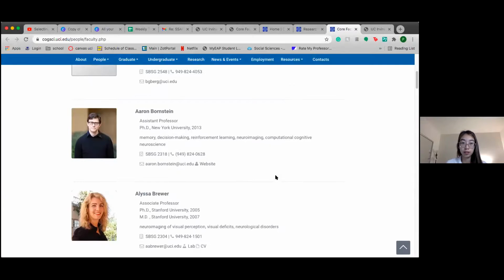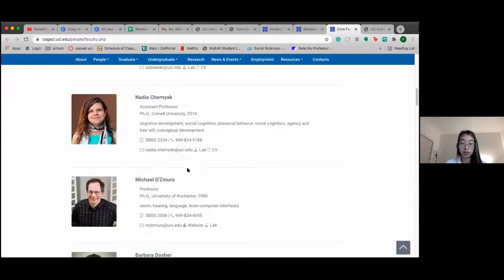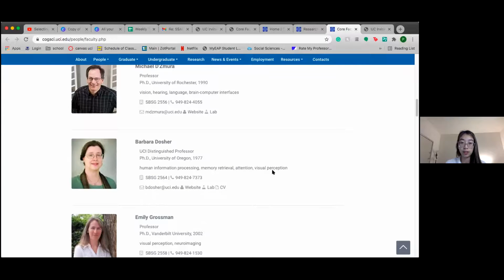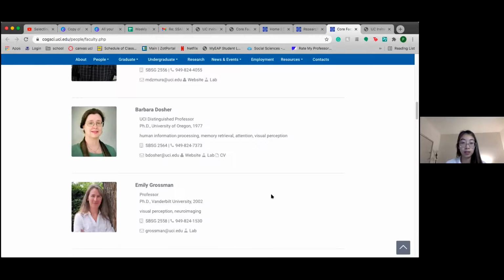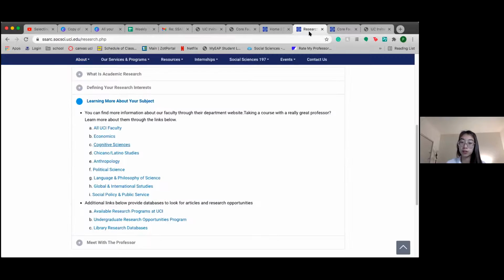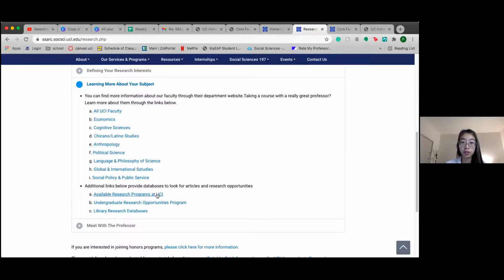And for example, here's cognitive science, and then there are just different areas, and you can reach out to them for the areas that you're interested in. And again, if you don't really know if you're into that kind of field, do a little bit of background research on that as well. You can also learn more about it by talking to professors, or talking to a librarian, for example. We also have other research programs available at UCI,